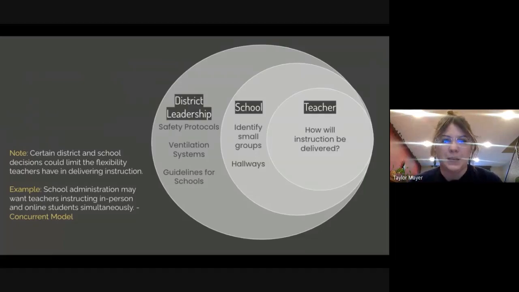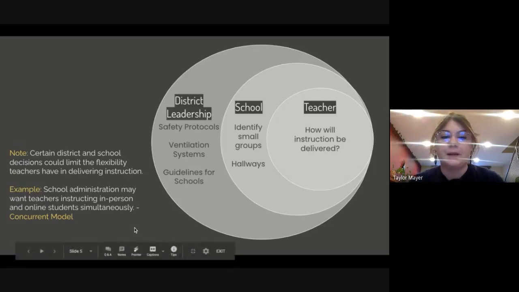Even with this hybrid setting, we know some schools are saying, we don't care what you do as far as your content goes, but you better make sure you're doing concurrent teaching, or they might even dictate what type of hybrid. Maybe you're at a school where they're giving you a little more leniency and saying, we don't care what model you use.